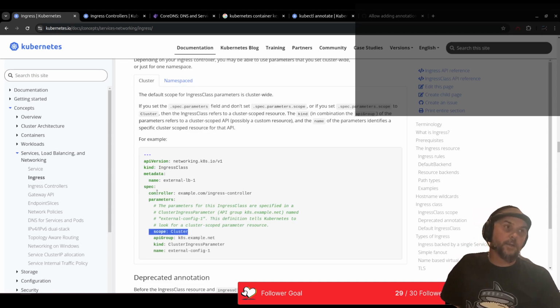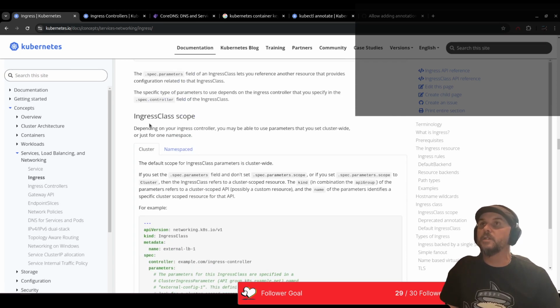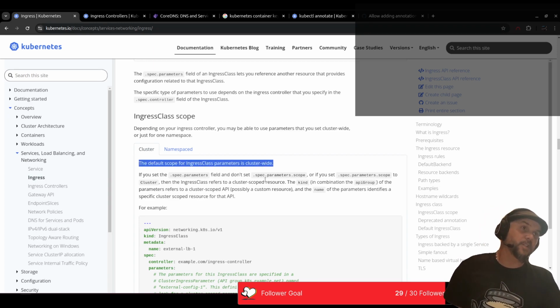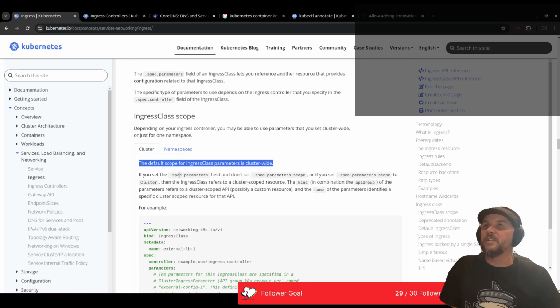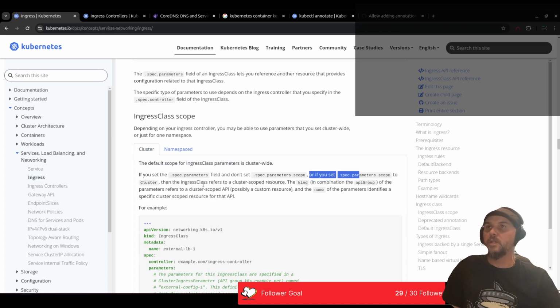Should be under spec. So what's the default? You may be able to use this. Oh yeah, the default scope is cluster wide, so yes, I have a scope and it is cluster wide. If you set the spec parameters field, then don't set spec parameters scope. Or if you set scope to cluster,